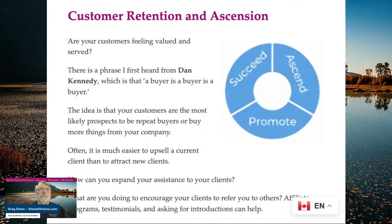What else can you offer? What else can make their lives better or make their business better? What else can you offer as an upsell? And also the other thing is, if you keep them happy, you can ask them to refer you to others, maybe an affiliate program, maybe a commission, or maybe simply just ask them for a good testimonial and recommendation to others. And that's really valuable. So keep your clients happy and keep them inspired to share,